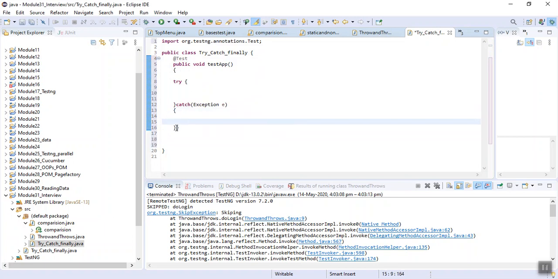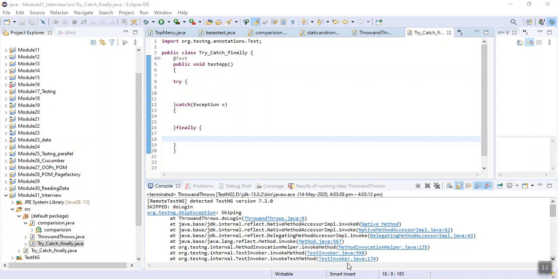See, go through my module in which I have explained about try catch blocks. You will get more idea. Always remember that the finally block will always get executed. We have a try block, an issue came, it has been caught, and at the end we want something to happen. Say I was on Facebook and it ultimately crashed.